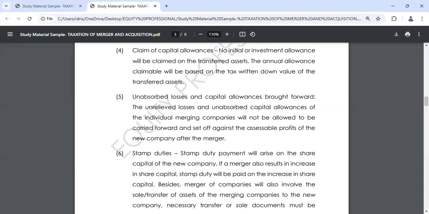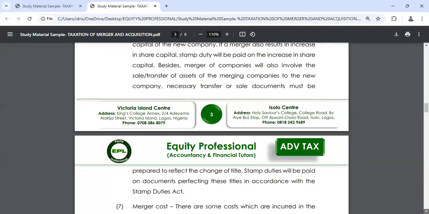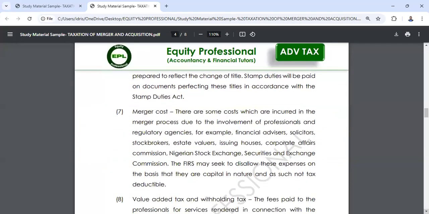At the time of registration, when they are allotting shares to the shareholders, each of the shareholders will pay stamp duties on the allotted shares. That is another tax implication. Another tax implication is the professional fee incurred